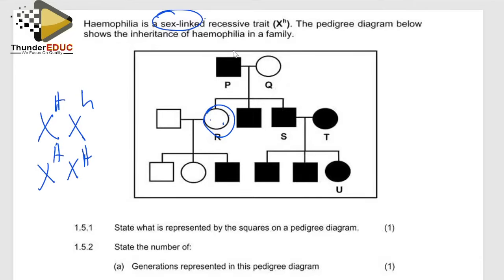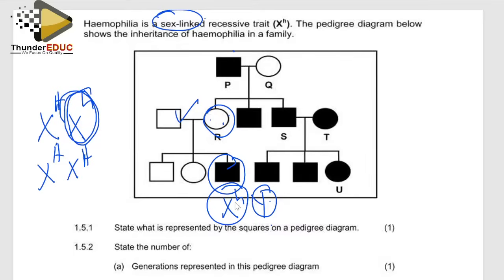But now they have a kid who is male and is sick. It's not sick, it's hemophilic. We don't say sick, or we don't say affected, it's hemophilic. So if this came from the father, came from here, automatically this came from the mother. You see? So if it came from the mother, then it means that